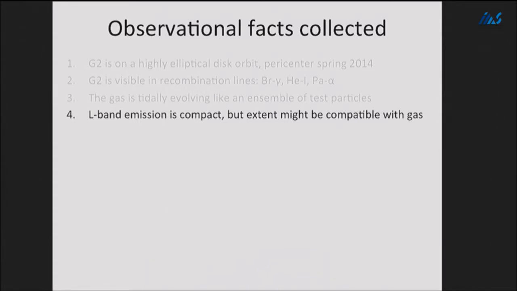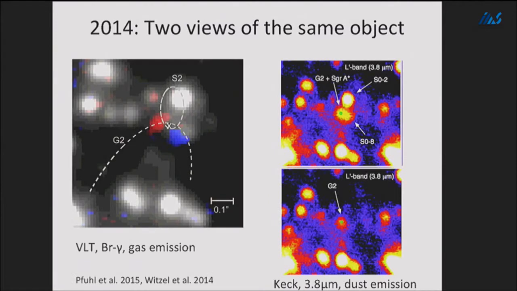We have here two views of the same object in 2014. On the left, it's the VLT view showing the gas emission. You can see the red shifted and the blue shifted part of the cloud, and they are really spatially separated by quite a bit. And at the same time, more or less, an image was taken with the Keck telescope